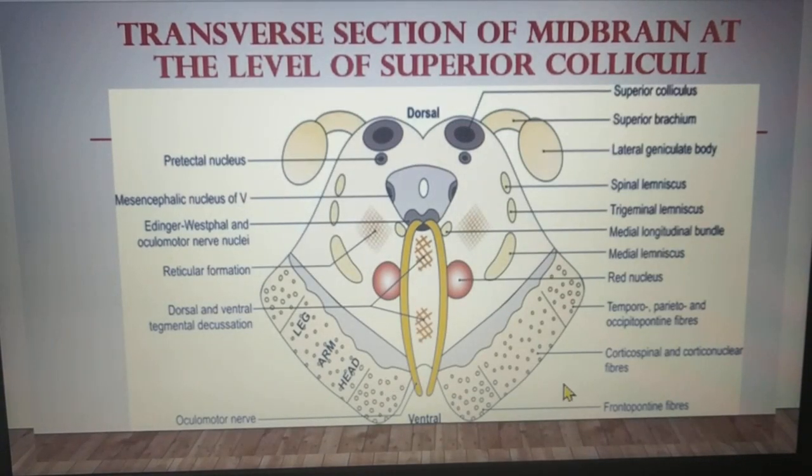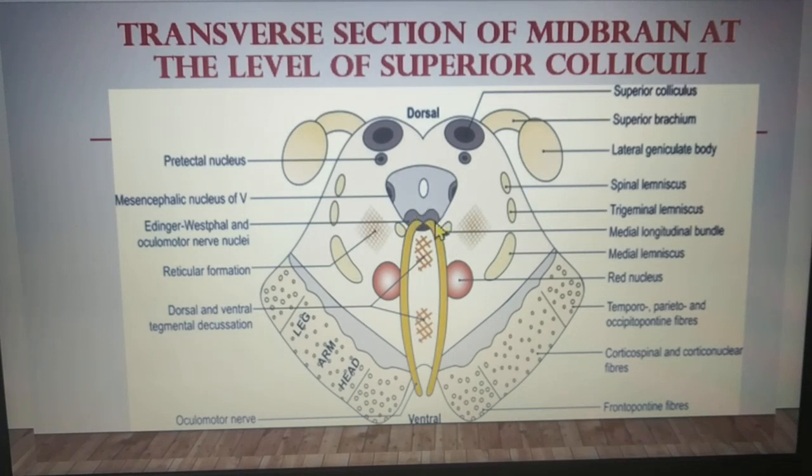In this slide, we will be seeing the transverse section of the midbrain at the level of the superior colliculus. We will look at it in two categories, that is the grey matter content and the white matter content. The grey matter content includes the cranial nerve nuclei on the ventromedial aspect of the periaqueductal region. The oculomotor nerve nucleus, along with the Edinger-Westphal nucleus, which is a part of the nuclear complex of the oculomotor nerve, is located on the ventromedial part. The nuclei of either side together make a triangular-like appearance.